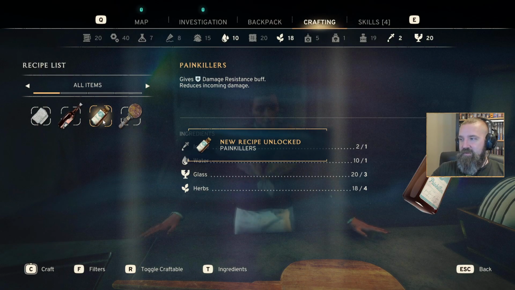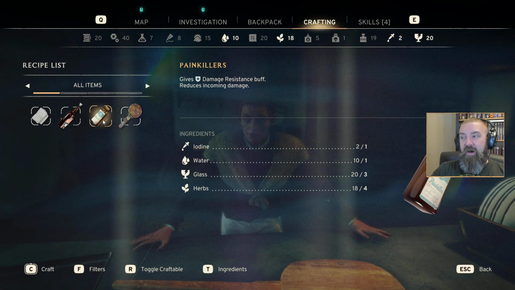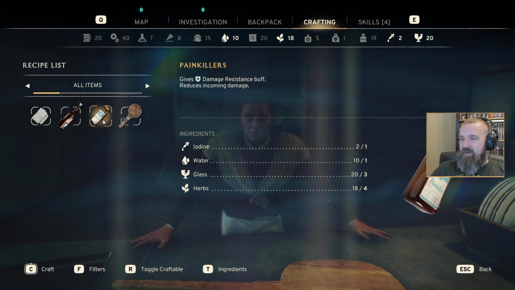Damage resistance buff is nice. Requires, if the text would just go away, iodine. Whenever the hell did I pick up iodine? Water, glass, and herbs, not a problem, but a lot of herbs. So,